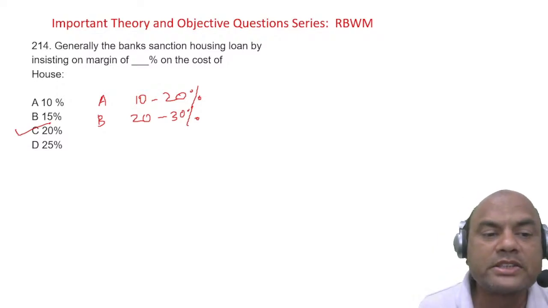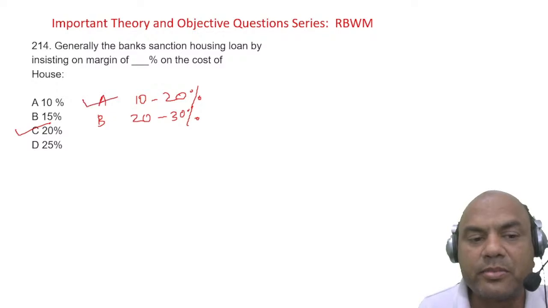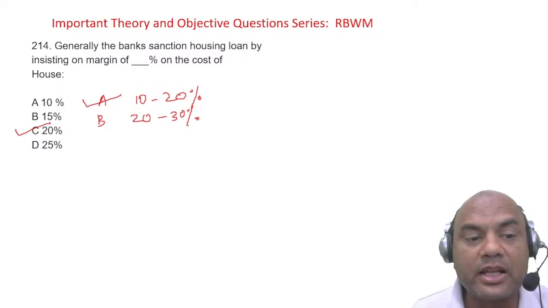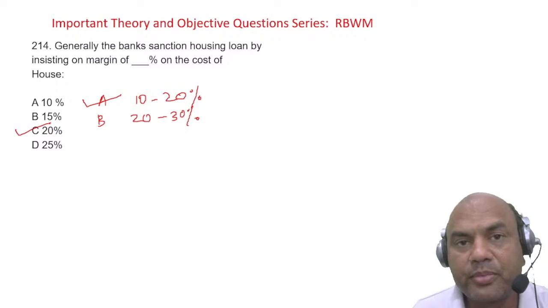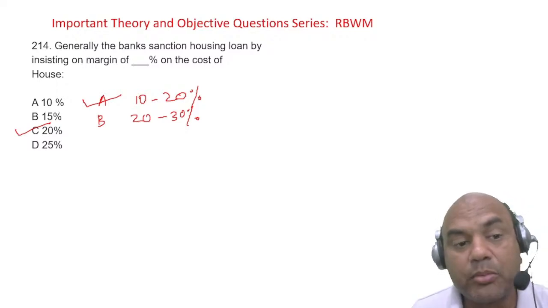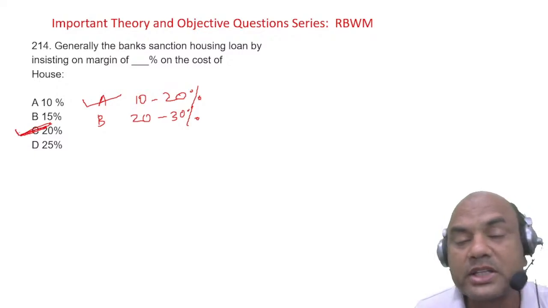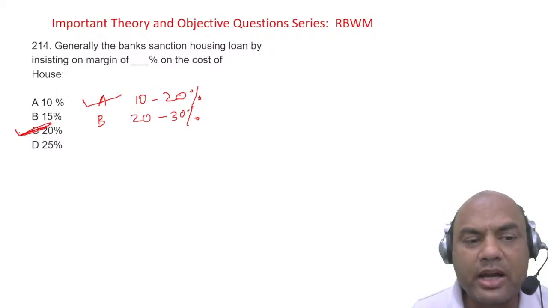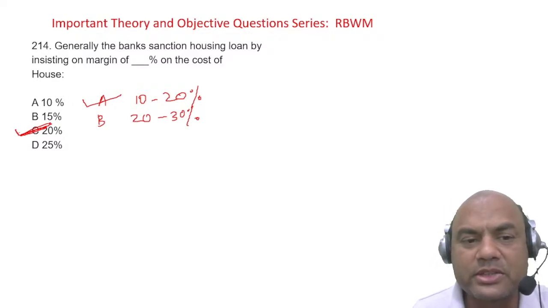So the answer will be over here. Suppose if only two options come, then the option will be A. So look at what is the exact question asked. If it is given that 10, 15, 20, then you can tick on 15 or 20. In your books, it is given as 20%, so you have to follow this 20% in the books. But now the trend is 15% also. That's why I'm saying the questions will be asked on this range.